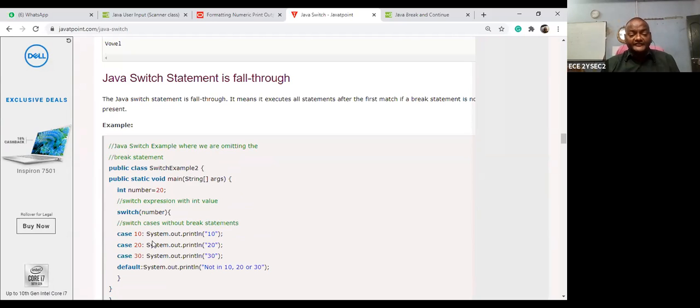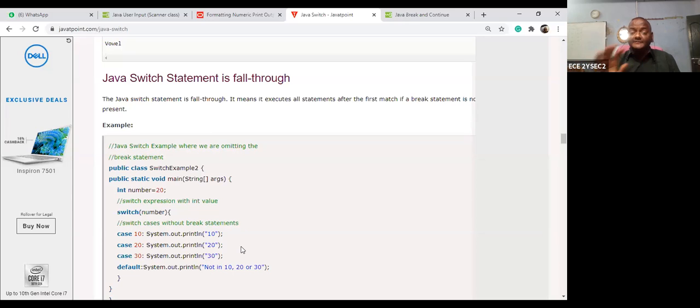Let us take, there are different conditions: three conditions, 10, 20, 30. So if you are giving 20, then first the condition checks case 10, and it fails. Any problem? Okay, so let us take this as a number, the initial variable. What is the number value? 20. If the 20 is there, then it goes to case 20 and this is executed in the normal way.